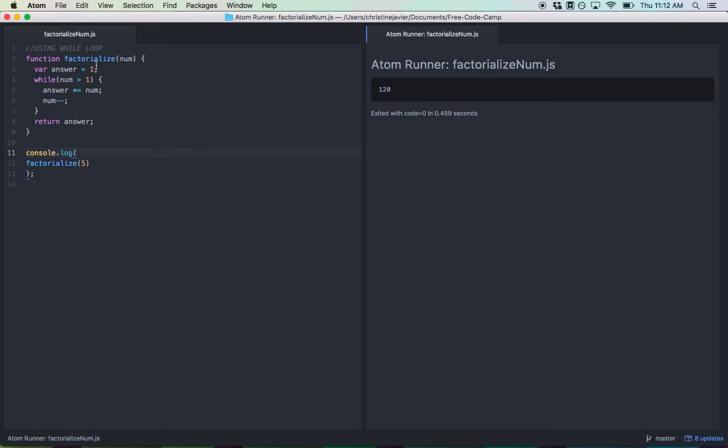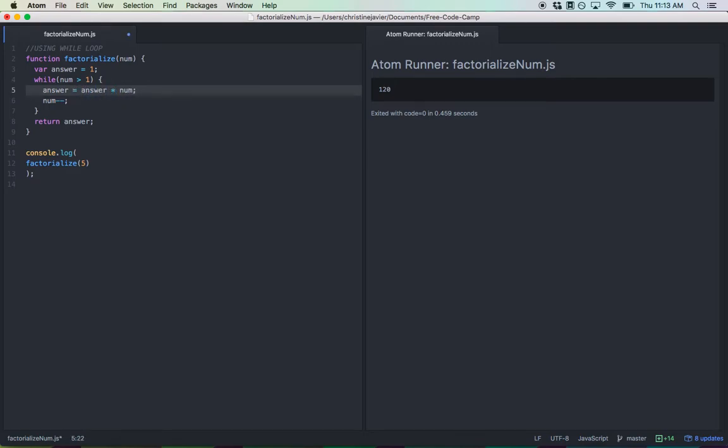All right. Let me explain this in an ordered way so that you'll be a little less confused about the way I think. We have the number here that's the argument. We've declared a variable called answer, which is set equal to 1. While the argument is greater than 1, we're going to keep multiplying the number argument times answer. And not only is it being multiplied, it's being multiplied and added to. So this operator here is very essential. It's essentially saying answer now equals